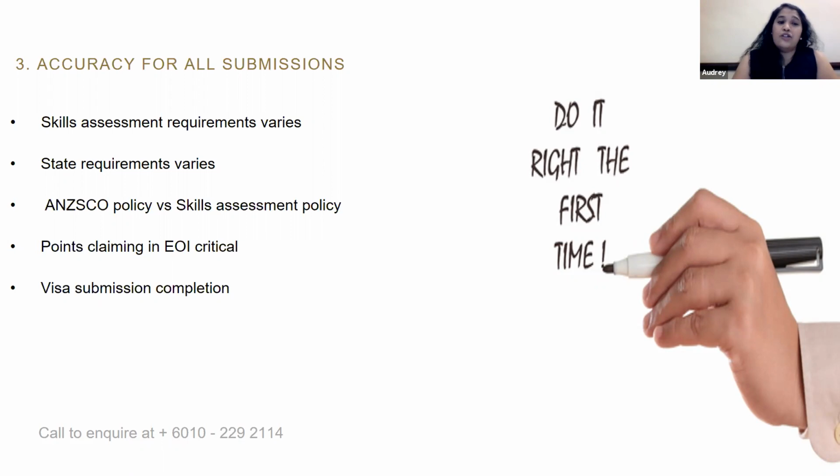Okay, so we need to see for your occupation which policy we should apply in determining your points. Coming to points, we're talking about EOI. When you do your EOI, your expression of interest, and you claim your points, it automatically picks up the total. If you have accidentally claimed your points incorrectly, that would mean you're being invited at a wrong point, which is not valid, and you submit a visa. When you do that, your visa application actually fails. Okay, so there's no room for error in doing an EOI. EOI must be accurate, because only when your EOI is accurate will your visa submission to immigration also be correct.